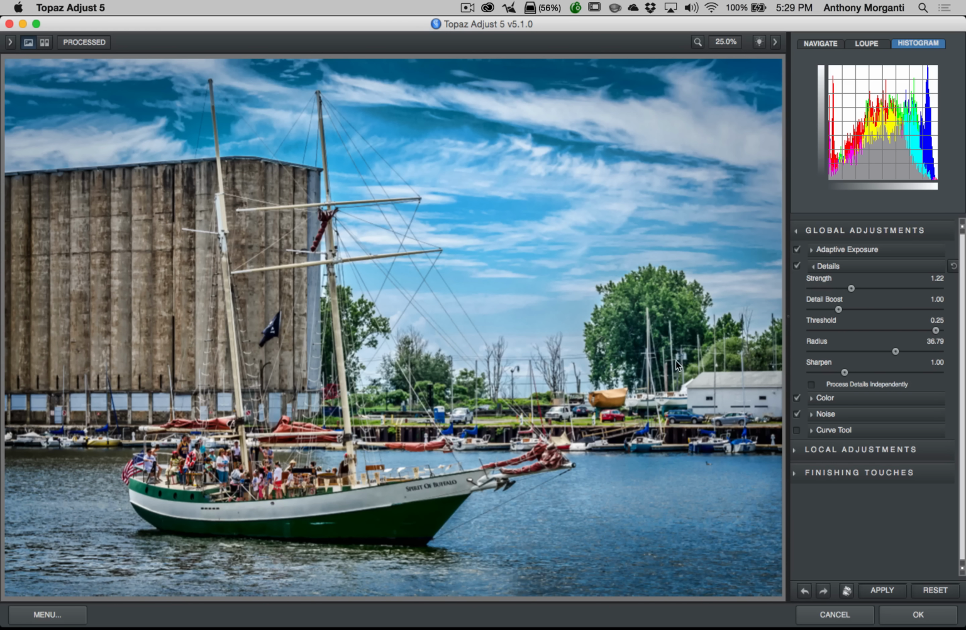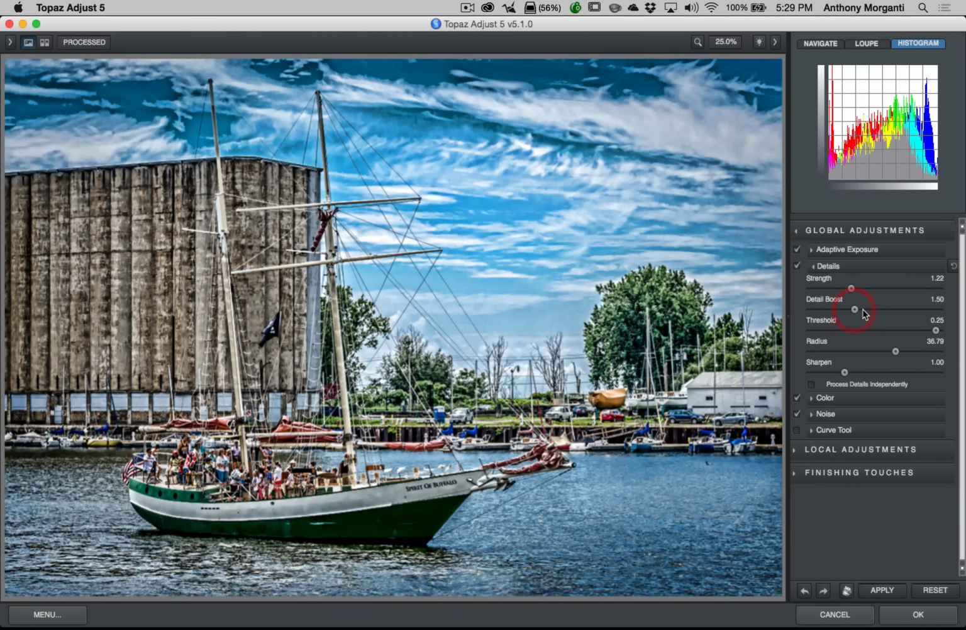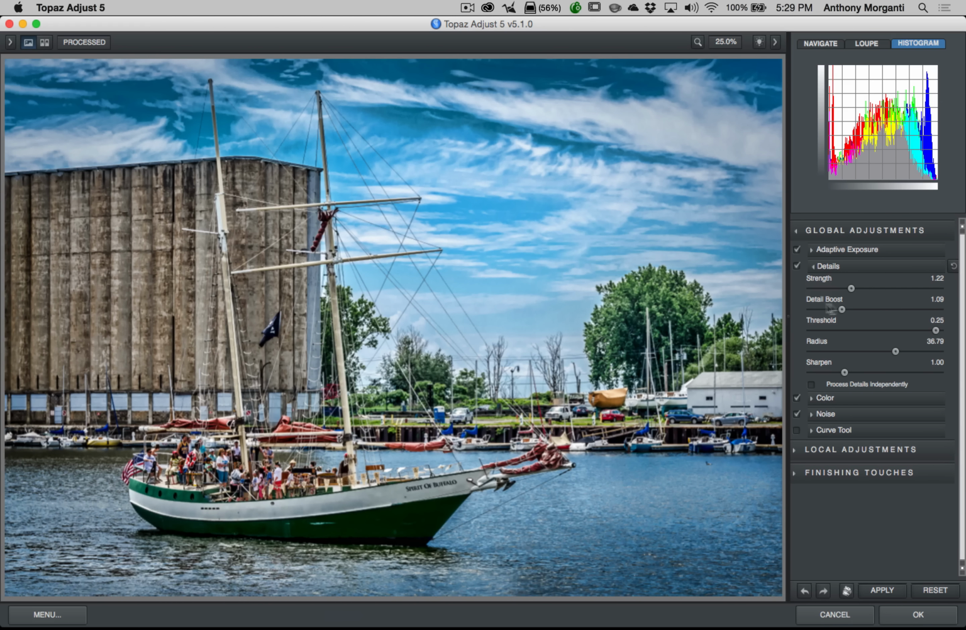Now it's a little bit too much detail for my liking, but you'll see something in a minute. I'm doing that on purpose. Boost will really bring out some of the micro contrast, but it will also enhance any noise that happens to be in the image. So I would be very careful with what you do with boost. And, you know, just be very aware of the adjustment throughout the whole image